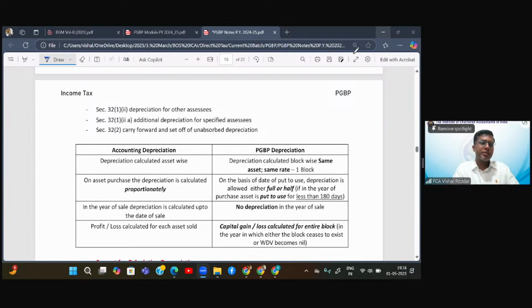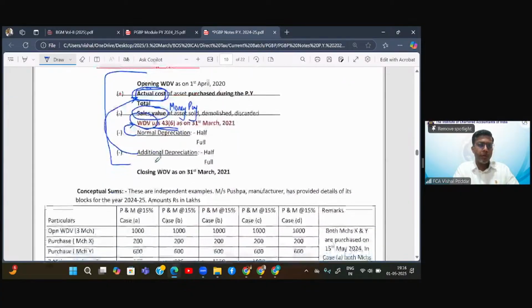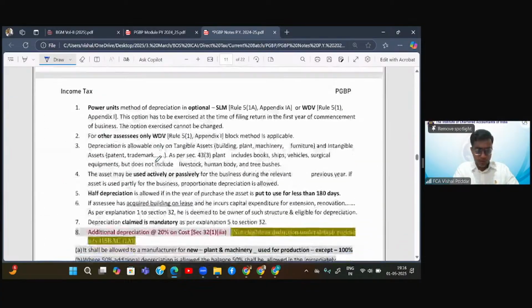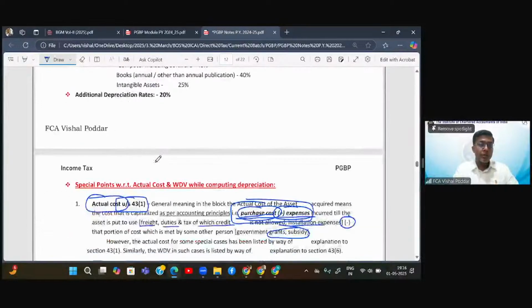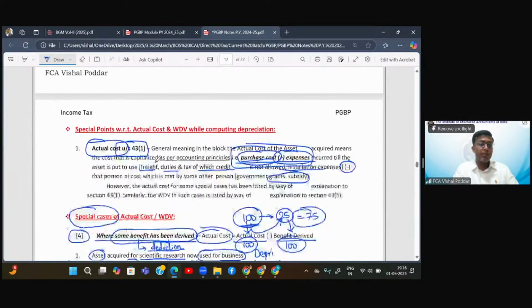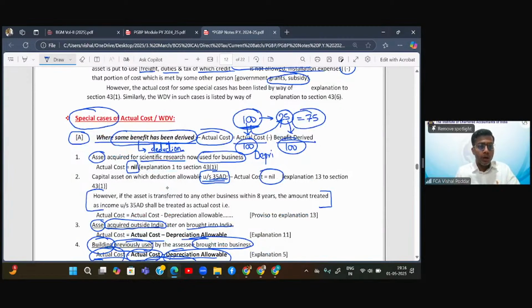Can I claim depreciation in this regular business? Because now I'll be using the building in my regular business. Answer is yes. Now the question will be, what will be the actual cost? Applying the same logic. First case, have I got some benefit on this asset? Yes. I had first claimed the entire 100 rupees as deduction. So somebody will say, sir, you've got entire 100 rupees as deduction. But wait,